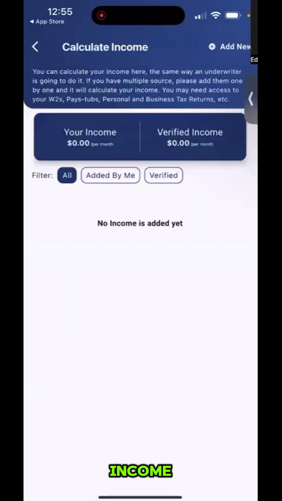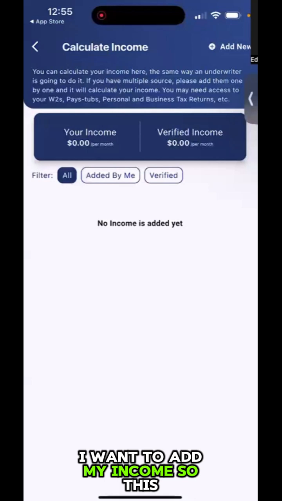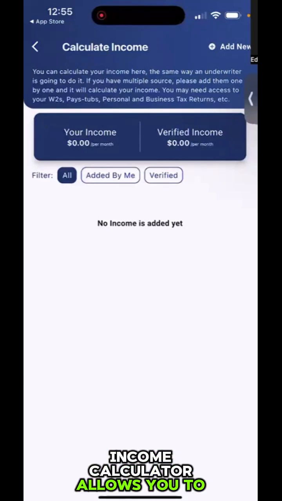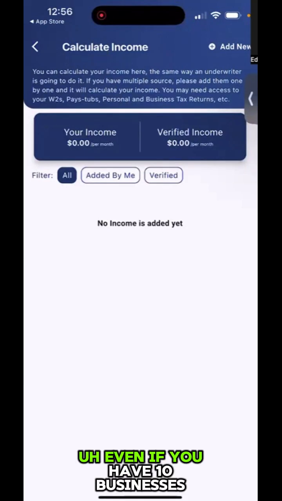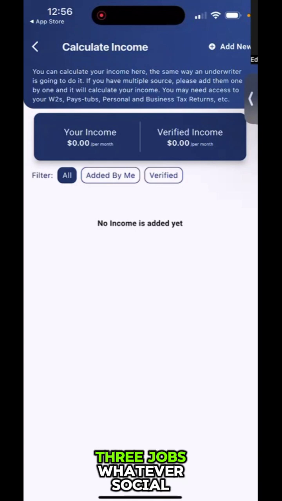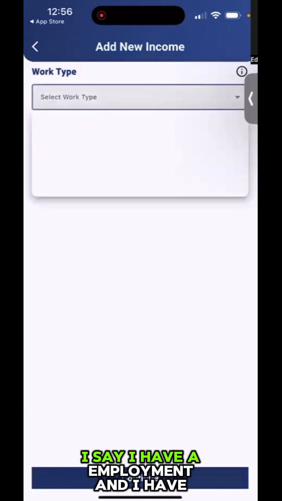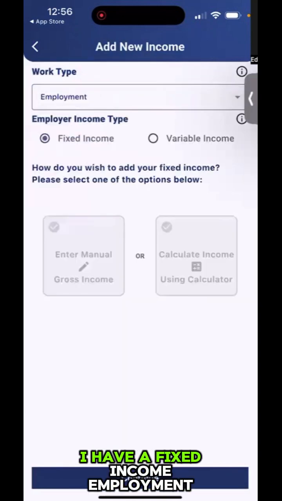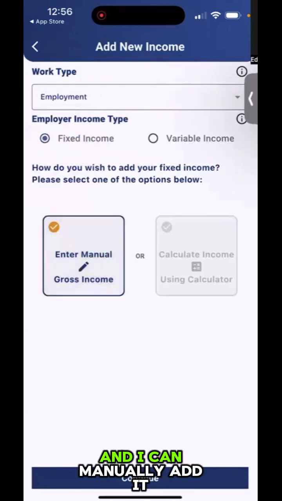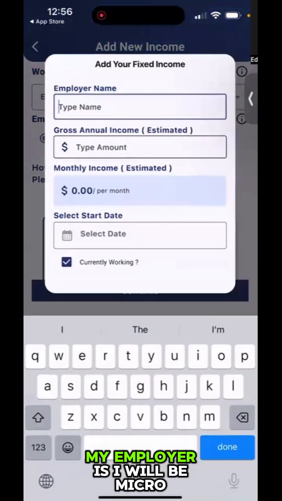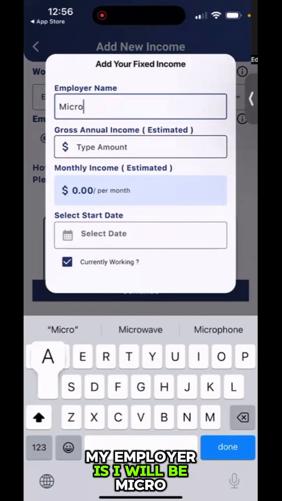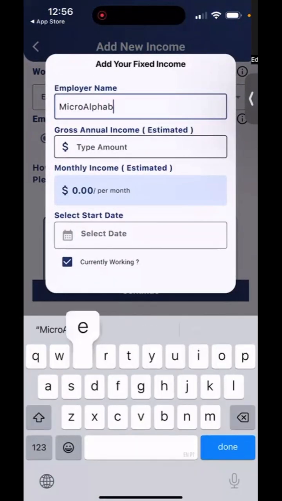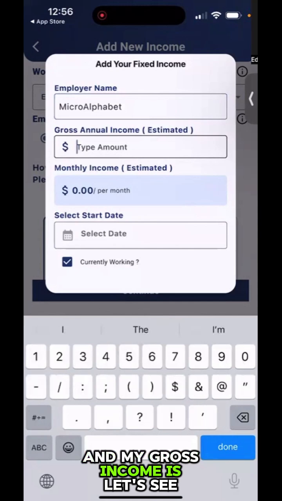Let's go to income. I want to add my income. So this income calculator allows you to calculate your income. Even if you have 10 businesses, 3 jobs, whatever, social security income, your child support, everything is calculated here. So I'm self-employed. I say I have an employment and I have a fixed income employment, and I can manually add it. So manually add my employer is, I work with Micro Alpha Bets, and my gross income is, let's see,